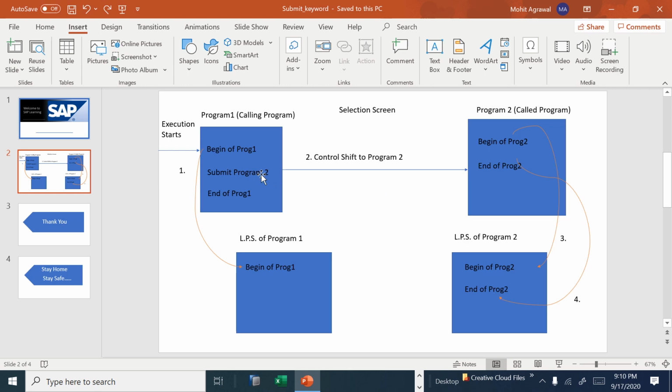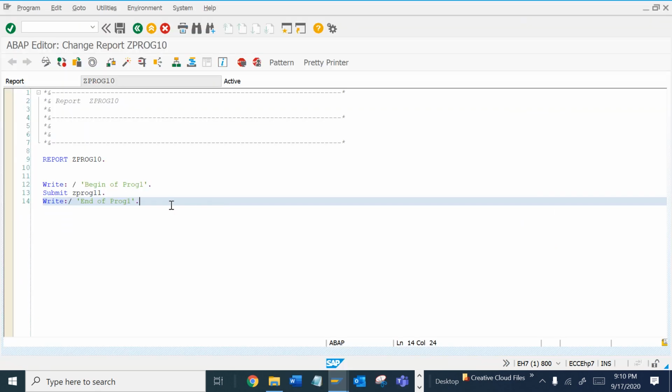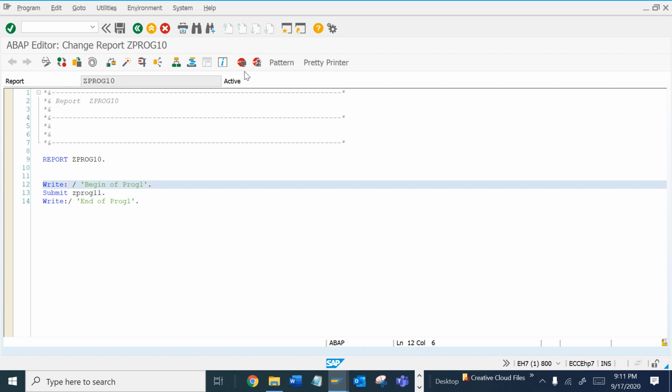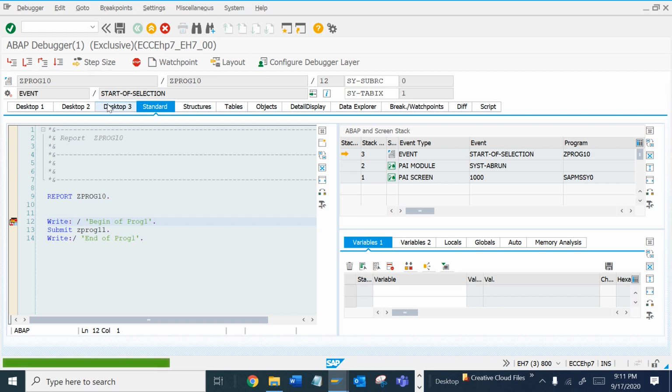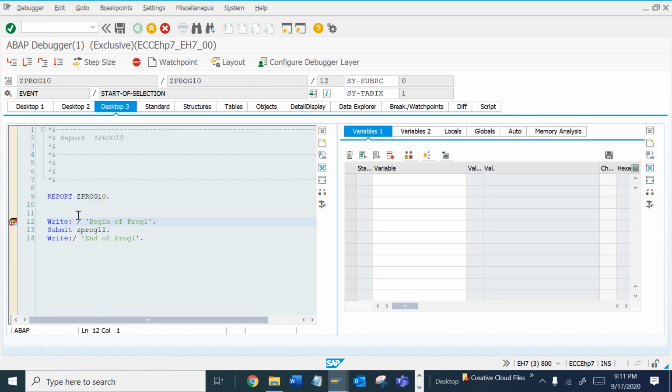So let's understand this by debugging. I have set the debugging point here. So let's execute it and check step by step. Now let's press F5 and then check, and then I will do F5 on this.